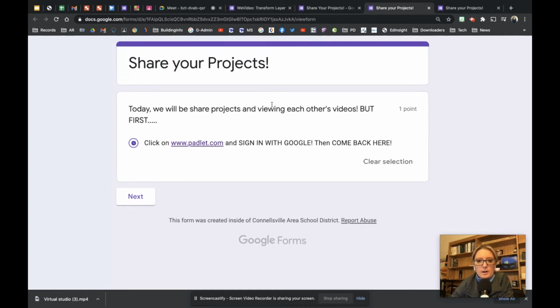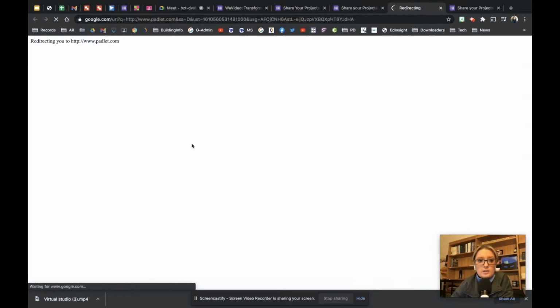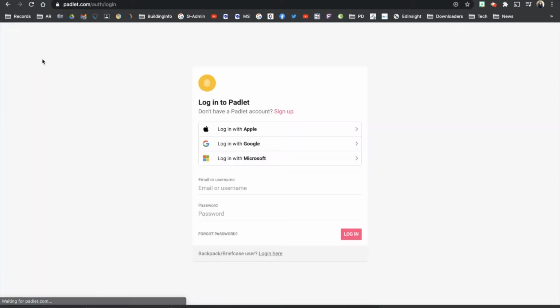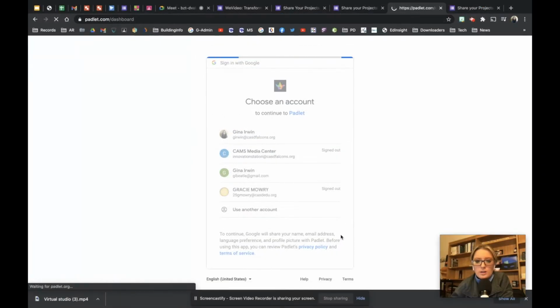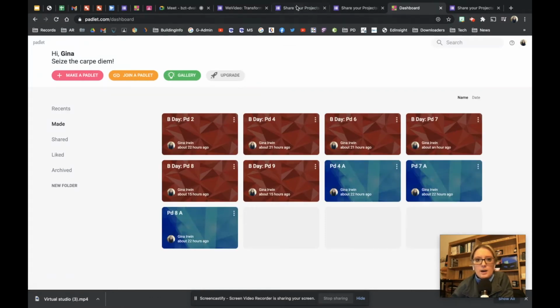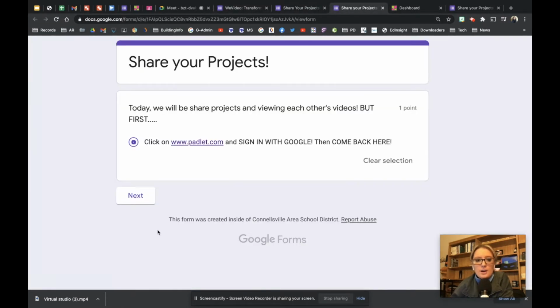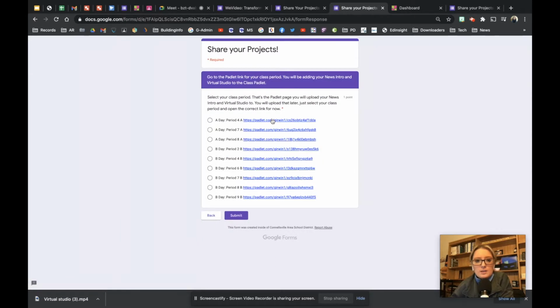So when you log into Padlet for the first time and you click on this link here, it will ask you to log in. You will connect it to your Google account, your school Google account, that is. Then it'll take you into Padlet there. So then from there, what you'll need to do is select the Padlet page that I have for the correct